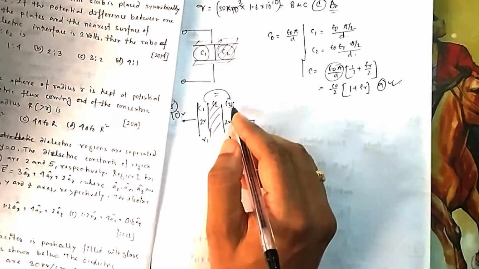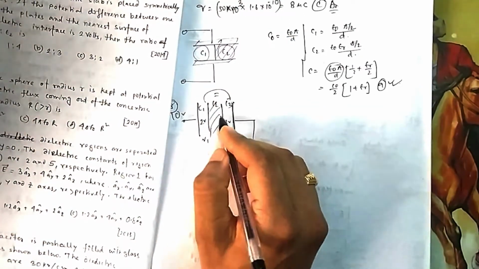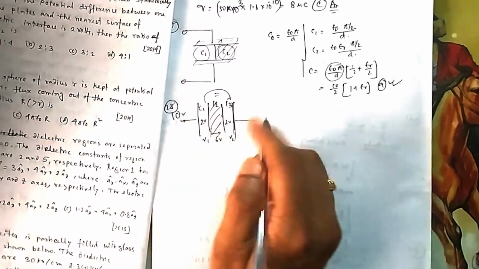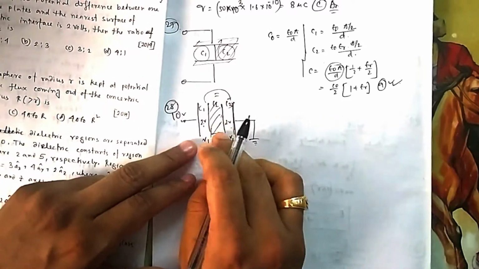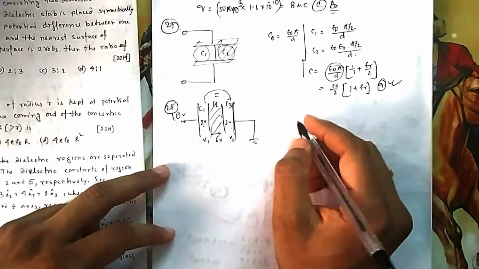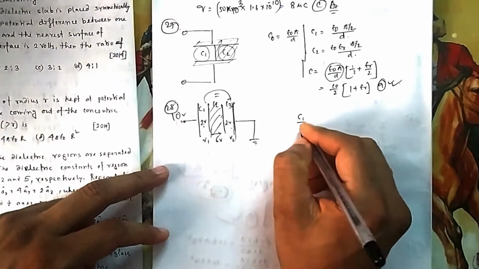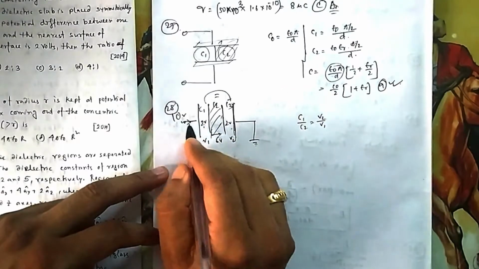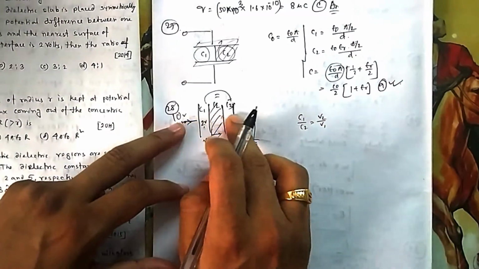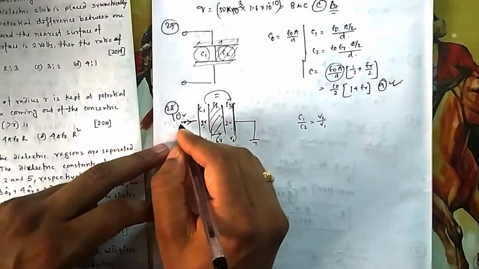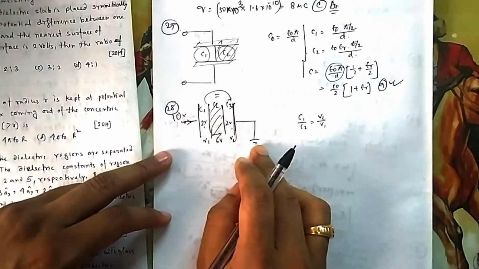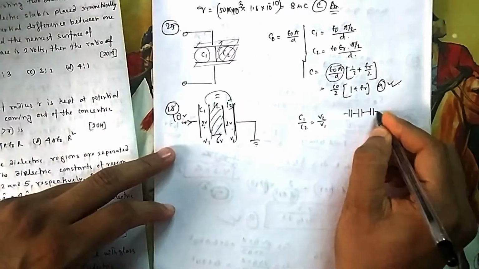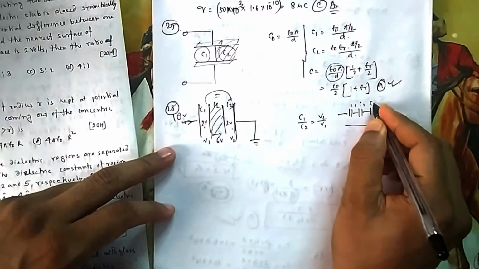Between any plate and the nearest dielectric surface. So obviously this voltage is 2 plus 2, 4, so 6 volt, because total is 10 volt from here to here. If it is 2 volt, the middle one is 6 volt. So C1 by C2 is equal to V2 by V1. All three capacitances are connected between these two plates, so all are in series: C1, then C2, then C3.